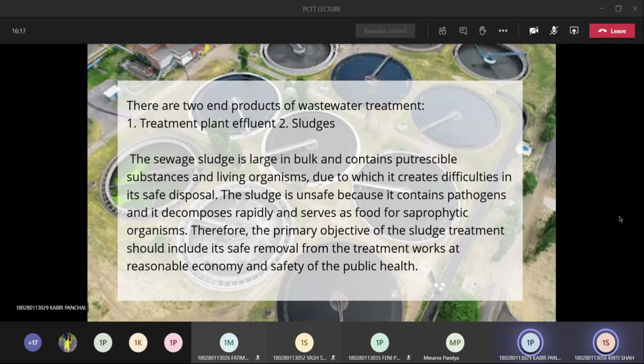If we look at the basic understanding of any plant, we know that there are two types of end products: one of them is an effluent and the other is a sludge. Now, how is sludge useful, or why do we need to apply these kinds of techniques and methods on sludge for its treatment? Sludge is basically a semi-solid compound which has a lot of water content,